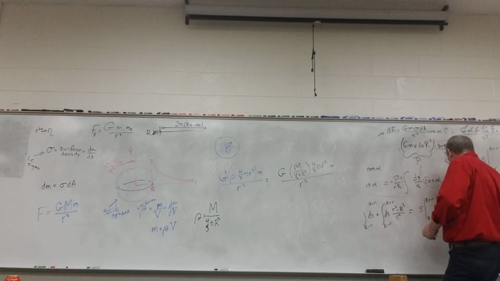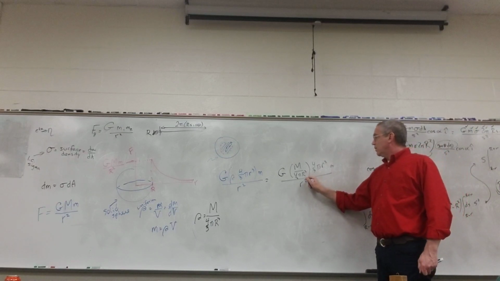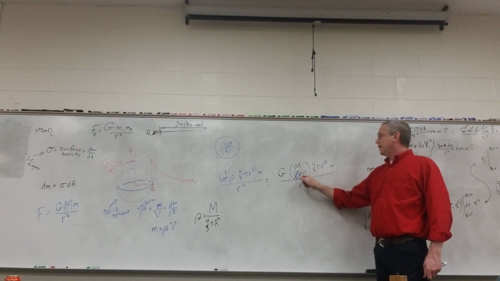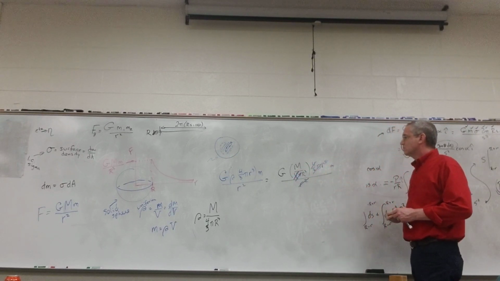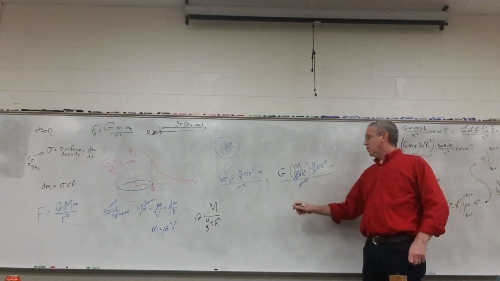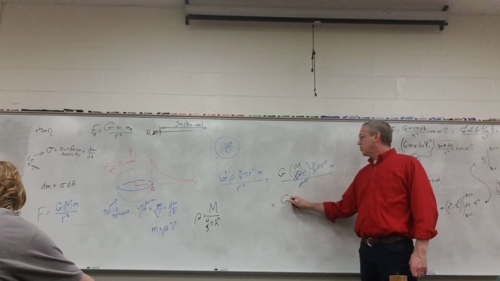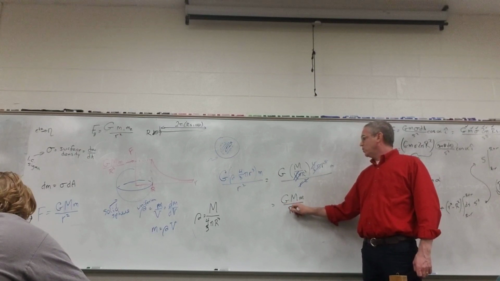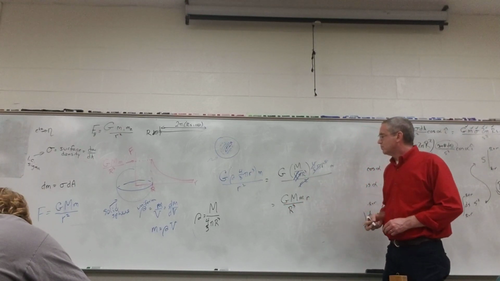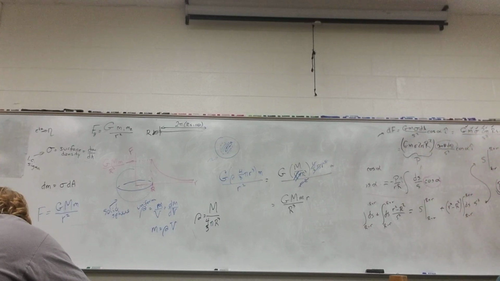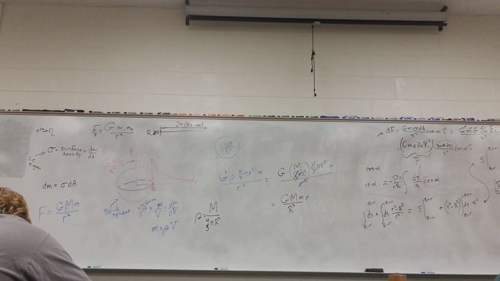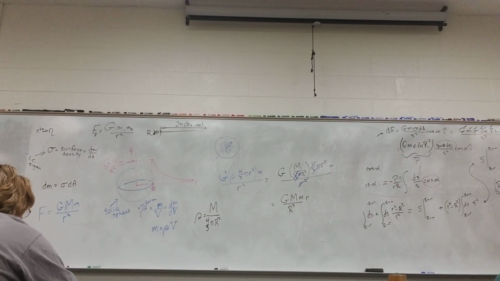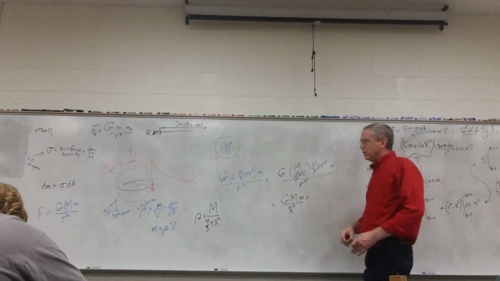We got some canceling out that we can do. The r squared cancels out with 2 of those r squareds. 4/3 pi cancels out with 4/3 pi. And I'm left with big G, big M, little m over big R cubed times little r. In other words, once I'm inside this uniform sphere, the gravitational pull is now linear. It goes from a 1 over r squared relationship to a linear relationship,